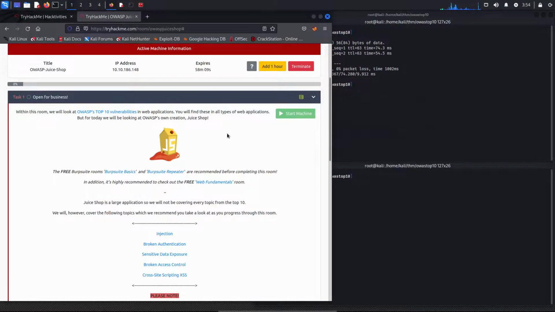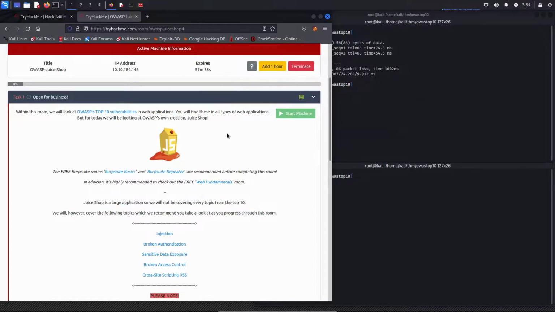As for this room, I won't read all the details. Instead, I'm just going to focus on the tasks, on the questions, and show you how to get the solution for a specific question.